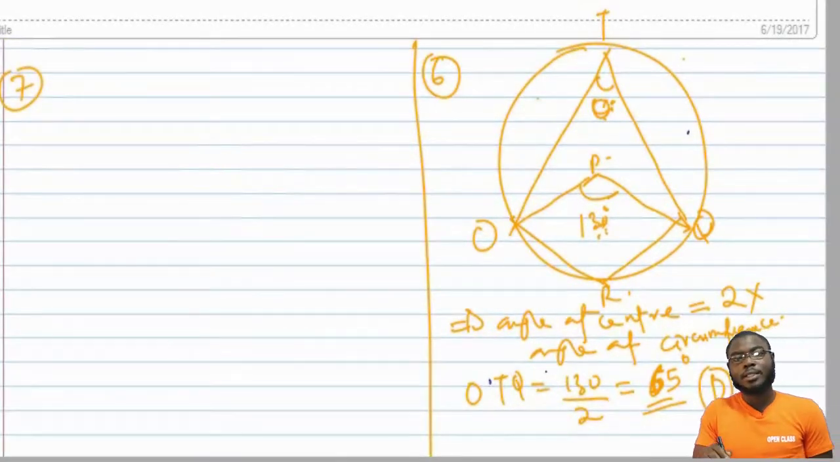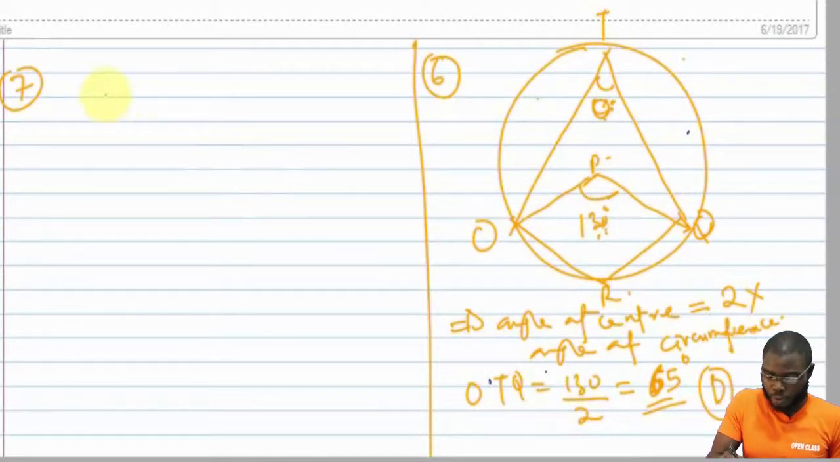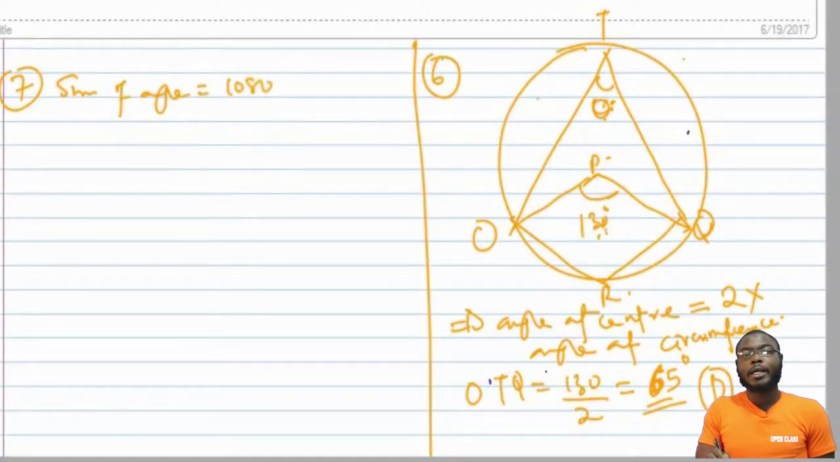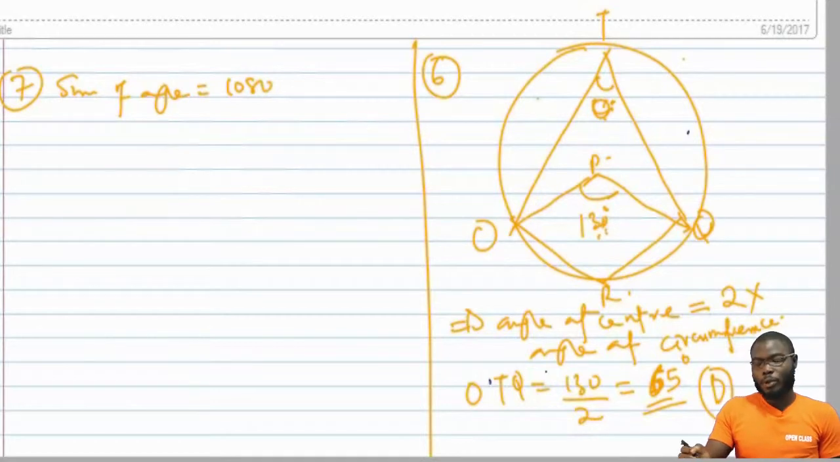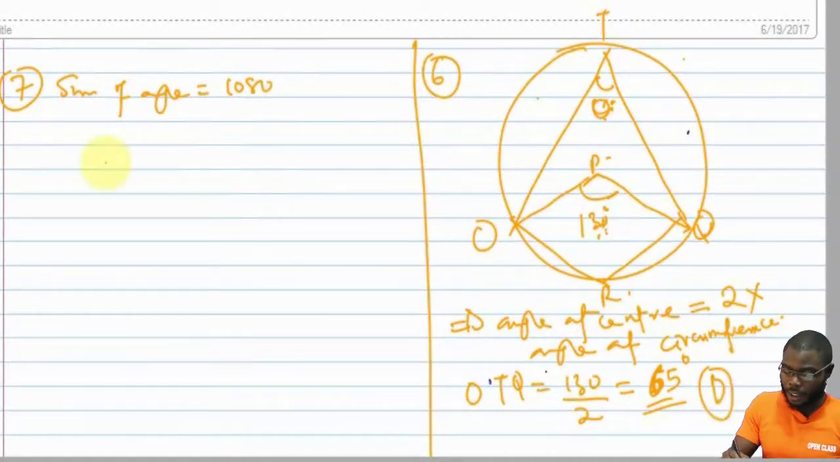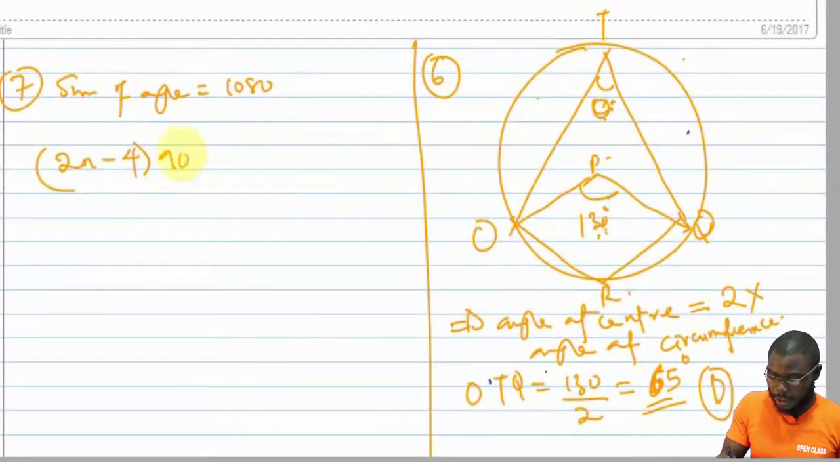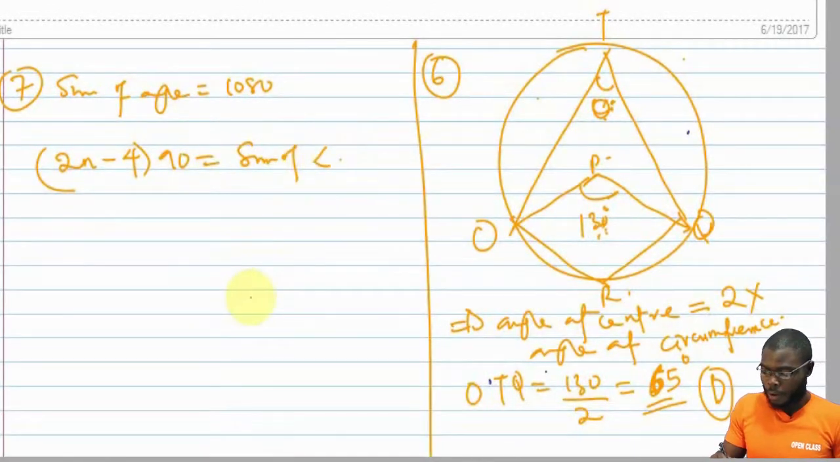So it tells us that the sum of the interior angles is 1080, and then find the number of sides of the polygon. We have to find the number of sides of the polygon. You remember that under polygon we have (2n minus 4) times 90 equals the sum of angles. All right, and then to find your n,